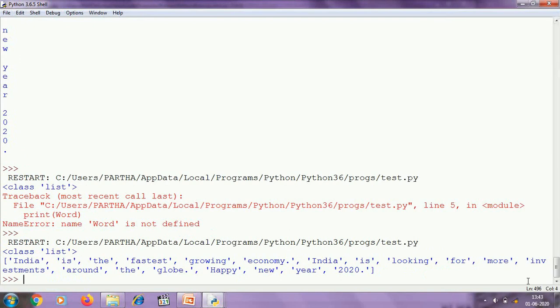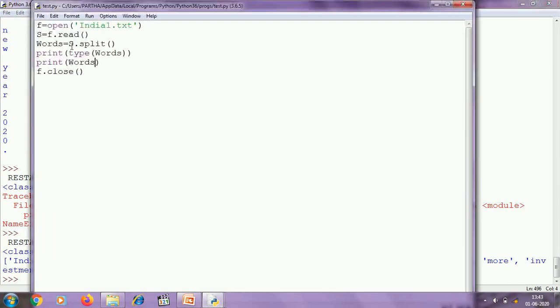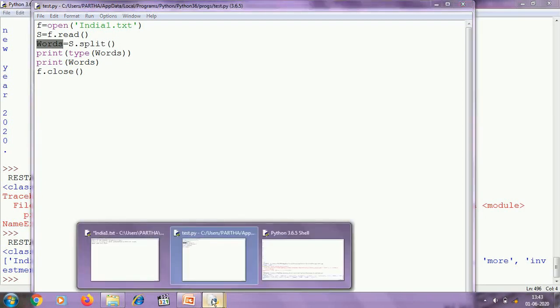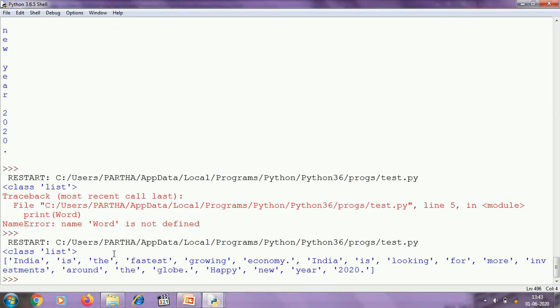You can see after splitting I am storing the result in the variable words, and here I am printing the type of the variable words. Here the type of the variable is list. So after splitting it will store the result in a list, and the list contains all the words of the text file. So if I iterate over the list I can get the words from the text file.